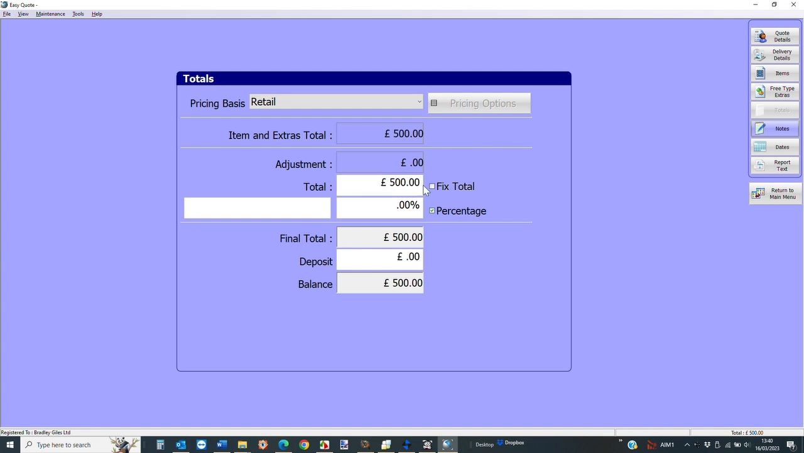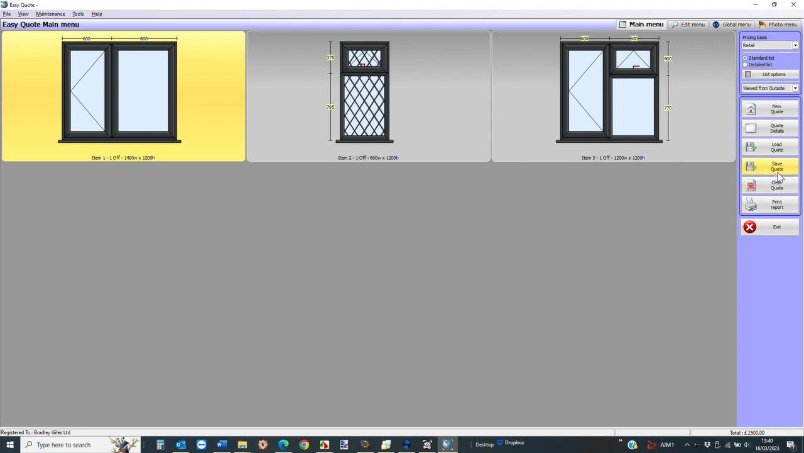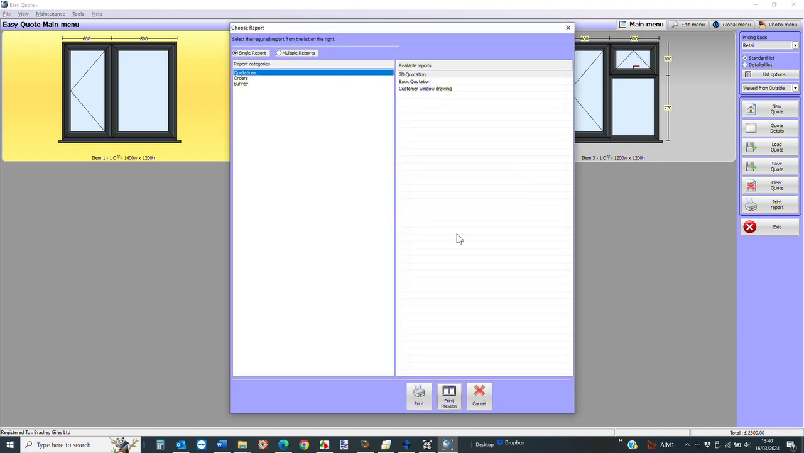Well, obviously, you're not going to sell this lot for £500, so you could override it, £2,500, and we're done. You can save the job, you can load old jobs, or you can print. If we go to print, the standard quotation,